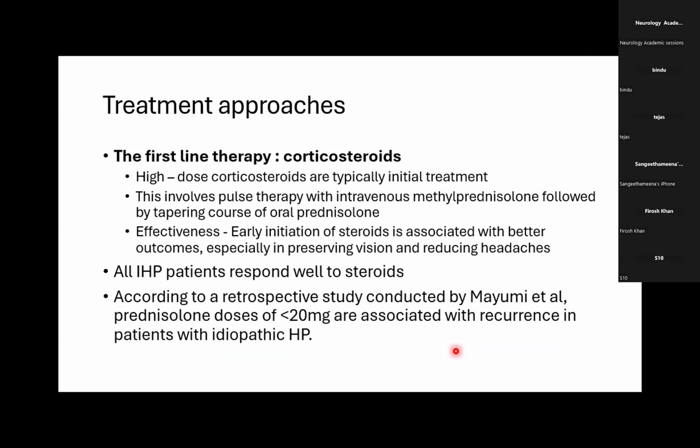The treatment approaches in idiopathic hypertrophic pachymeningitis: the first line therapy is corticosteroids. High dose corticosteroids are typically the initial treatment. This involves pulse therapy with intravenous methylprednisolone. After that, we can go for a tapering dose of oral prednisolone. Early initiation of steroids has proven better outcomes because it helps in preserving vision and reducing headaches. All idiopathic hypertrophic pachymeningitis patients respond well to steroids. According to a retrospective study conducted by Mayo,